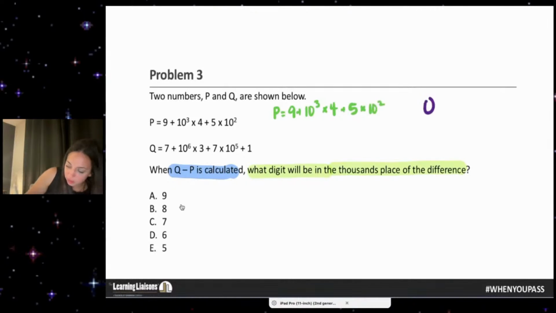And then I have Q is 7 plus, and my iPad just connected. That is common practice. My iPad just likes to randomly disconnect. And so that's fun. You know, it is what it is. So we're just going to reconnect it and we will continue right on with our math journey.